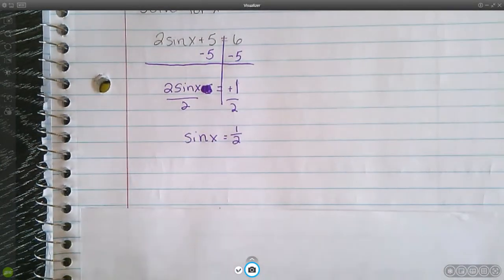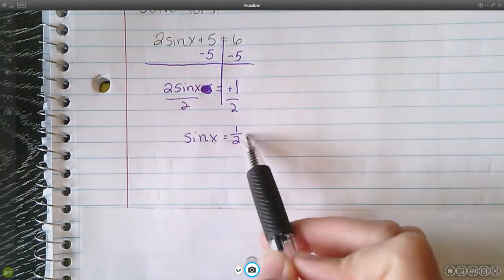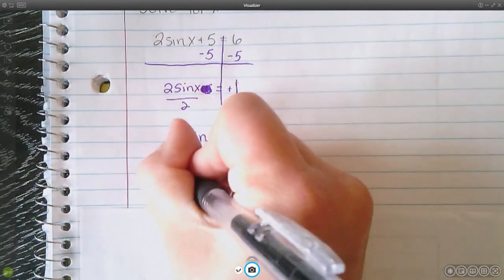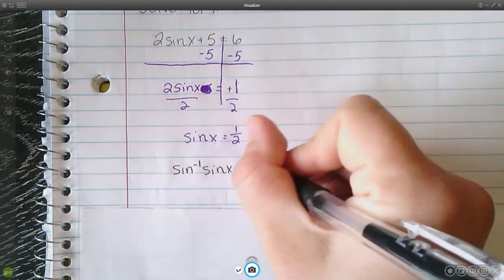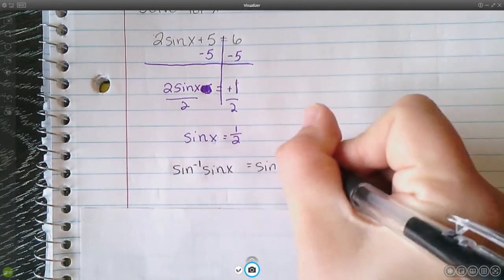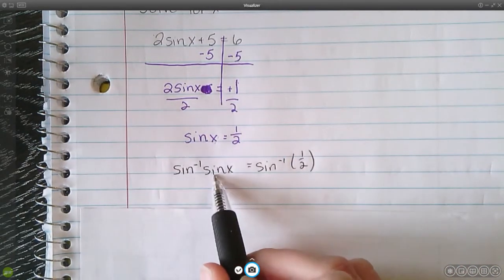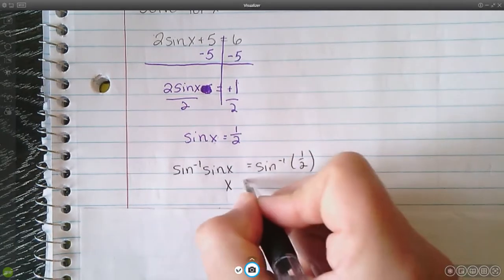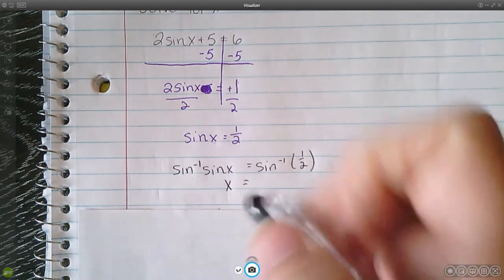Okay, so to solve for x, remember we can't just divide by sine. To get rid of sine, you have to take the inverse sine of both sides. So inverse sine of sine of x equals inverse sine of 1/2. So we get x equals, in your calculator, when you do the inverse sine of 1/2, I want you to actually pause your video and make sure you get the same answer as me. So you should get